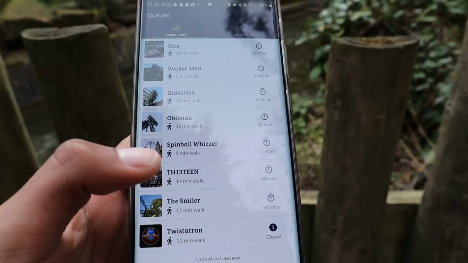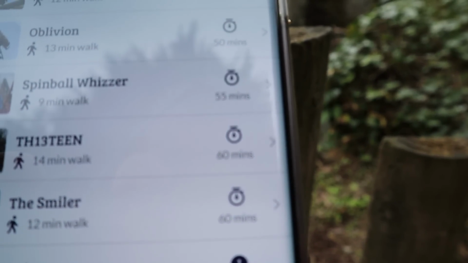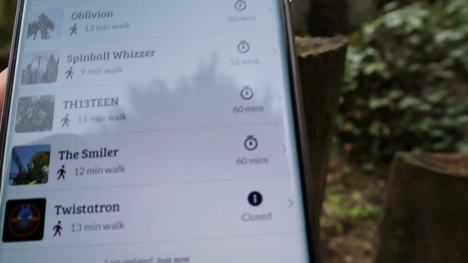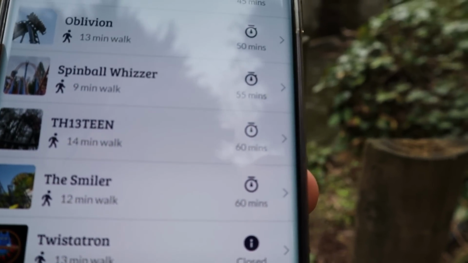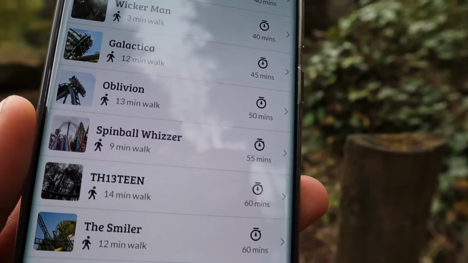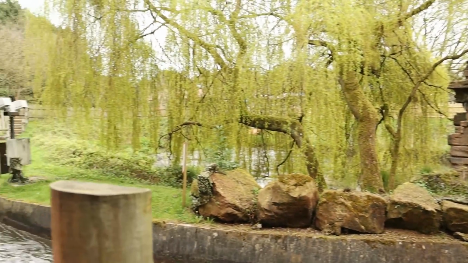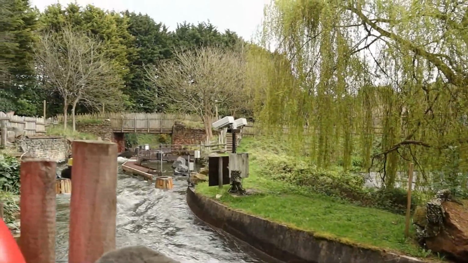The great thing about having the Alton Towers Resort app is that you get to see all of the latest queue times for the different rides down here at the resort. And I saw that Smiler was on 60 minutes and Oblivion was on 50 minutes just there. And I was like, you know what, I'll come back to them a little bit later on, head up here to Katanga Canyon and head round to the brand new ride here at Alton Towers for 2023,